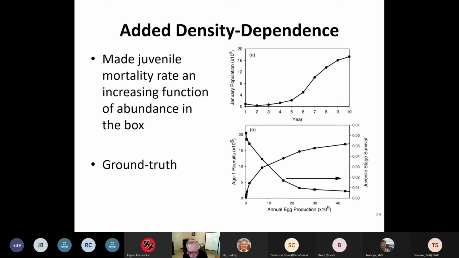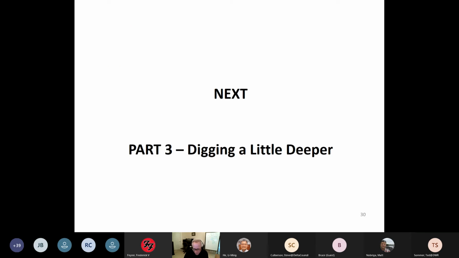And how did we put density dependence in there? Well, we can trick the model and we can force egg production and have mortality rate of every juvenile every day be dependent on how many other juveniles are in their box and generate a spawner recruit curve on the bottom and then assess that against either the field data or what people think. And so now we have a version that has density dependent mortality that kicks in when the population gets relatively high. So then we could address that question with a lot more confidence.